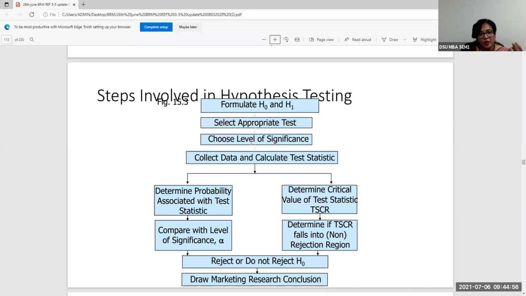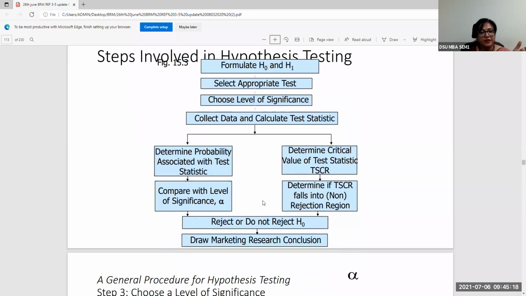All right. So hypothesis testing, kindly recall your statistics class again. So you need to select the appropriate test for hypothesis, choose the level of significance. Normally the 95% level is chosen as the confidence level, or say 99% also, but most of the time it is 95%, at 5% level of significance, and collect the data, calculate the test statistics. You either can do it in the form of collecting the critical values through that statistical table, or from the statistical software itself, we get it in the form of the p-values. So we can get the probability of committing a type 1 error.